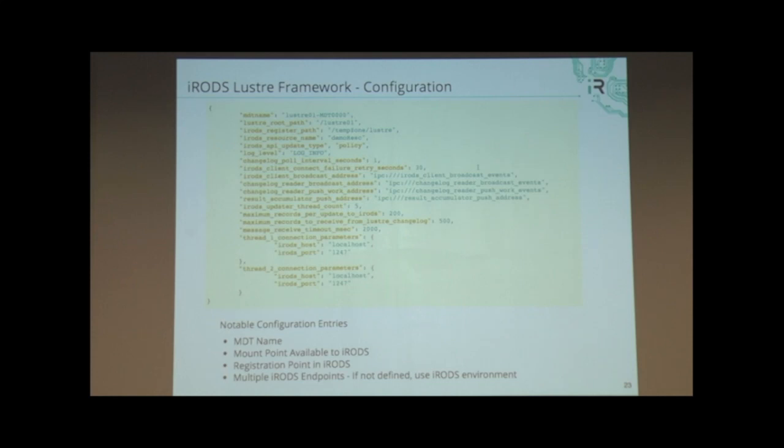So right now we map all... iRODS has a logical namespace and path. So we map all of the physical paths directly from the mount point to the registration point within iRODS. In the future, we want to make that a little bit more flexible so that maybe objects that belong to certain users can be registered in the user's home directory within iRODS, and also add some